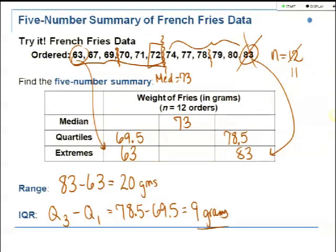And looking at finding Q1 and Q3, what would I do? So now I'm looking at just the 5 observations below the 72. I'm not going to include the 72 in that lower half. So the definition of Q1, when you have a median being one of the values in your data set, is everything strictly below and strictly above. That works for both an odd and an even. So then my Q1 would have been a 69, and looking at only the 5 observations above, my Q3 would